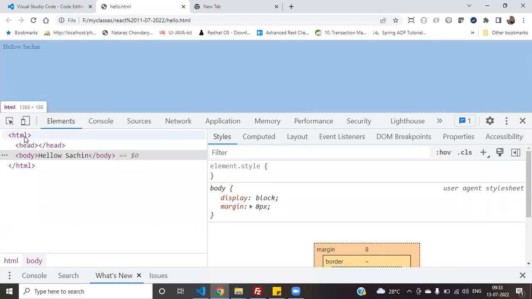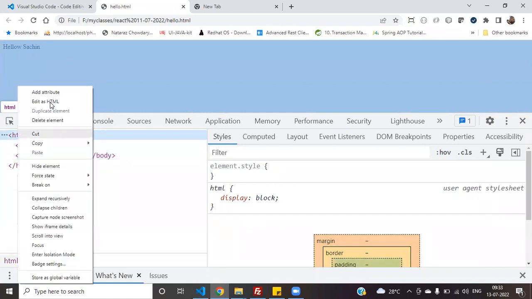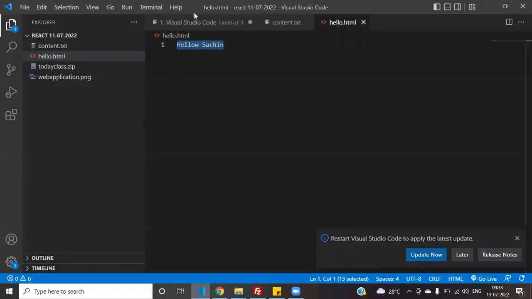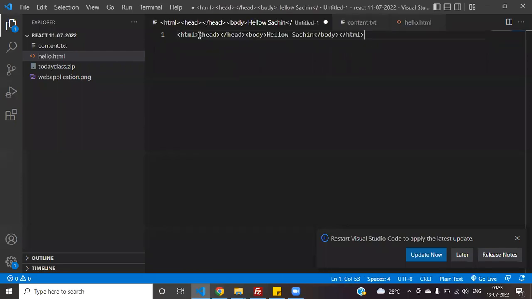My HTML. Okay, see this. If you want to create any HTML file with some content, the root element we place is html. Let me copy this one. Right click on this, edit as HTML. Let me copy this one. Let me paste it in our Visual Studio Code somewhere. Okay, if you observe this one,